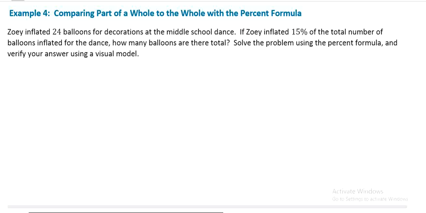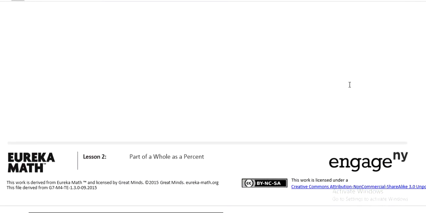This is the video on example 4 from lesson 2 in the grade 7 module 4 book. This is found on page 9. All right, in this one,